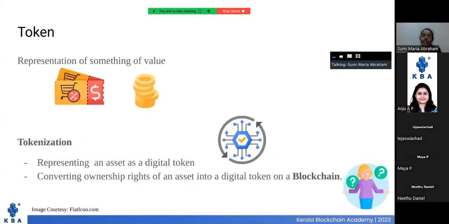Now, next, let's talk of token. So NFT stands for non-fungible token. Now, what exactly is a token? A token is